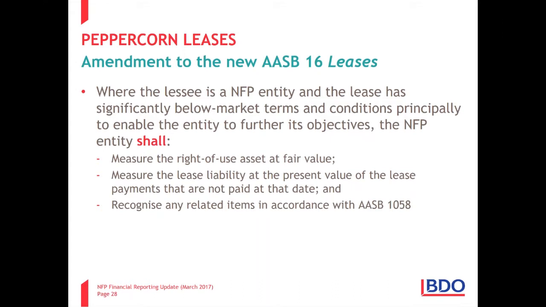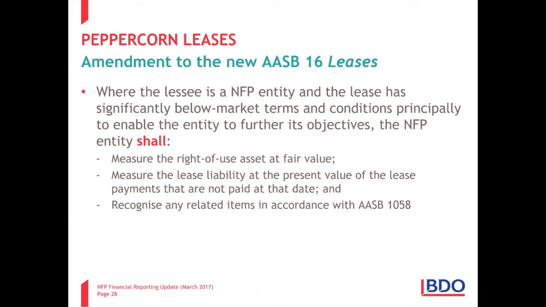Remember, AASB 16 does not differentiate between finance leases and operating leases. If you're leasing a building, a property, anything you lease, you're going to debit a right-of-use asset on day 1, and you're going to credit a liability on day 1. If you are a not-for-profit entity and you've done the calculations under AASB 16, if you are paying $1 a year for the next 30 years, you would have said, just by applying AASB 16, debit an asset, let's say $30, credit a liability $30.